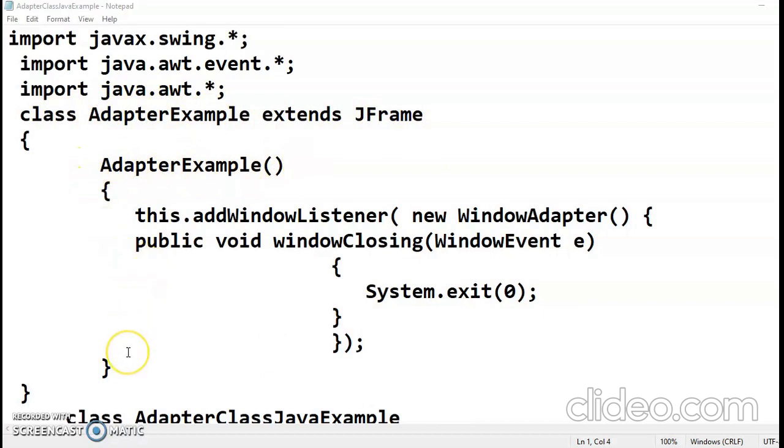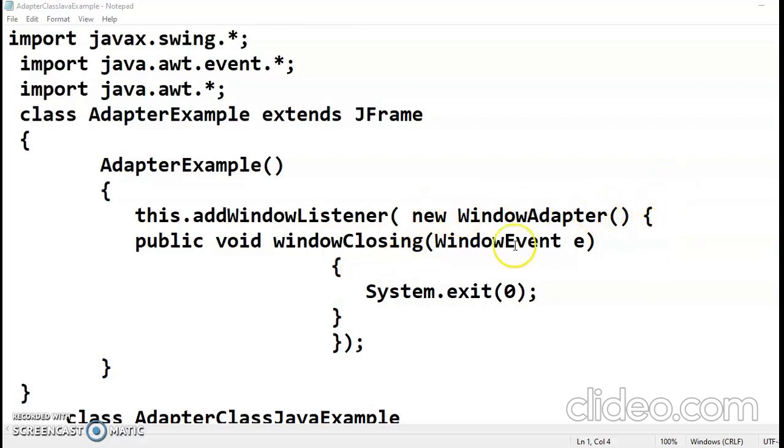Within this constructor, we'll be attaching a listener to the frame. We already know how to attach a listener to a frame, how to register a listener to any component. So the component here is a window, the entire window. For that, we want to attach a window listener to this component, means to this window. So we write addWindowListener. But in brackets, we create a new WindowAdapter object and we implement which method is required. So we write new WindowAdapter.